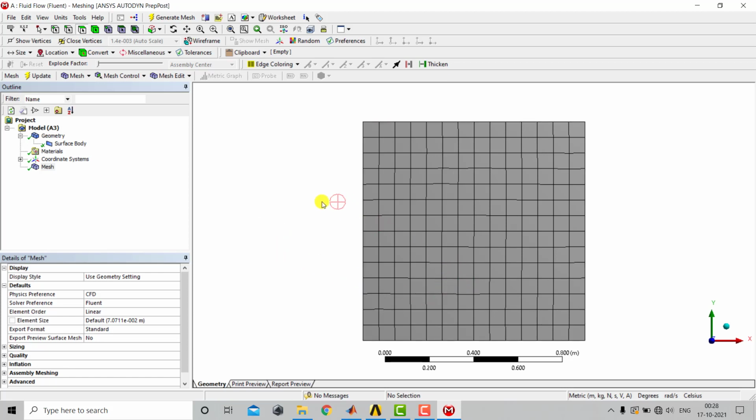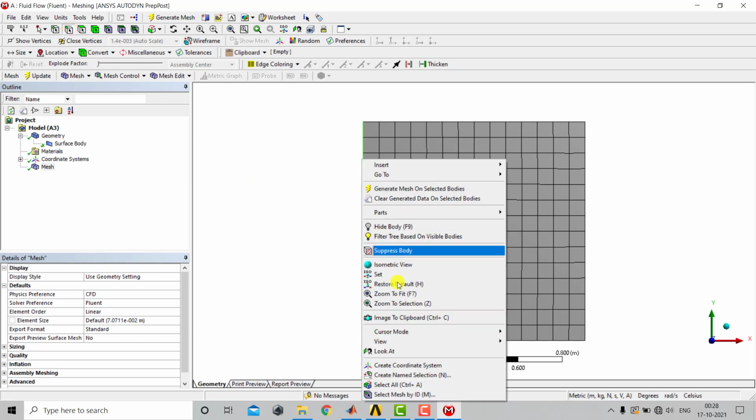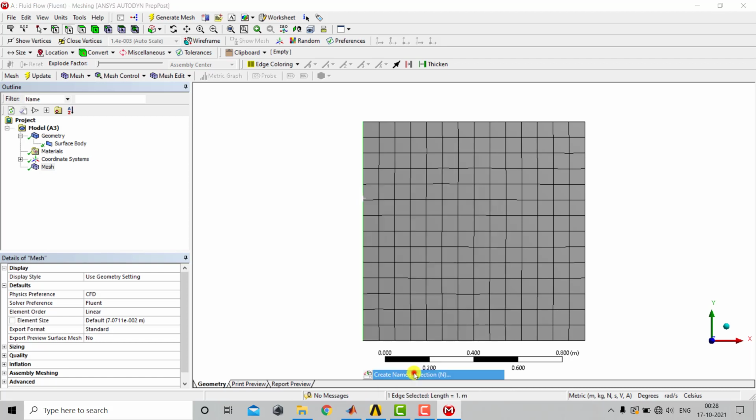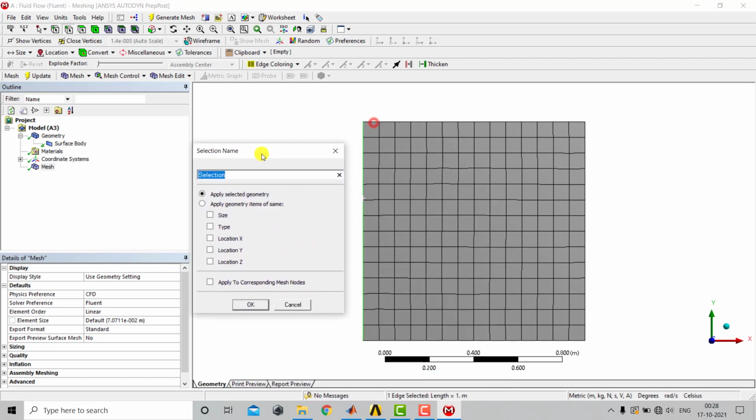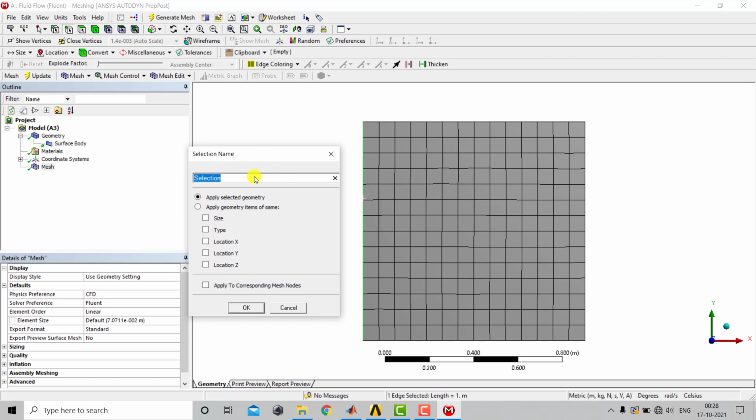Now we'll give names to the different parts of the domain. We'll first select the edge, then select this left side, right click and select Create Named Selection. This is the left side of the domain, so we'll name it left side and click OK.